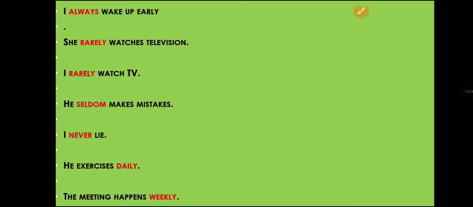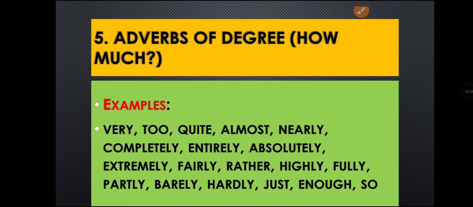So this is adverb of frequency. Adverb of frequency is nothing but a particular action happening repeatedly. How many times? Whether it is happening one time daily, two times, three times, monthly, weekly. How many times is a particular action repeating? That is what we call adverb of frequency. To get the answer, we have to ask the question how often.